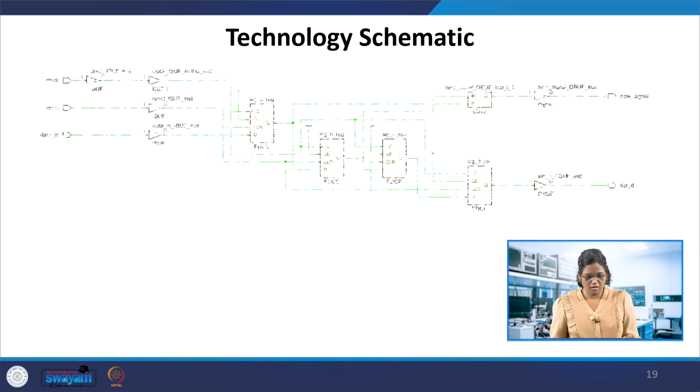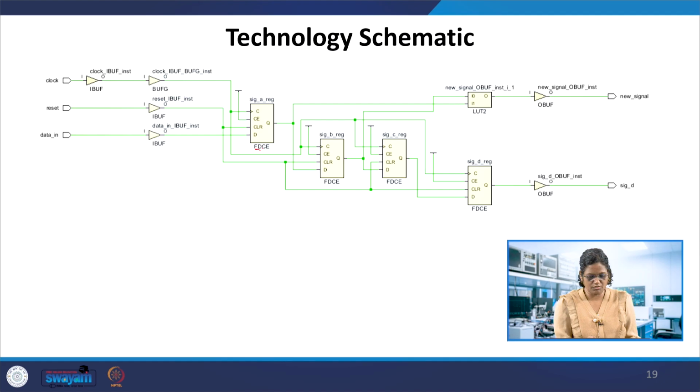Technology schematic: the same thing, first the flip-flops. Here again the flip-flops for A, B, C and D, and the clock which is going everywhere in all the cases, and the clear also can be observed. The D input of one is from another.